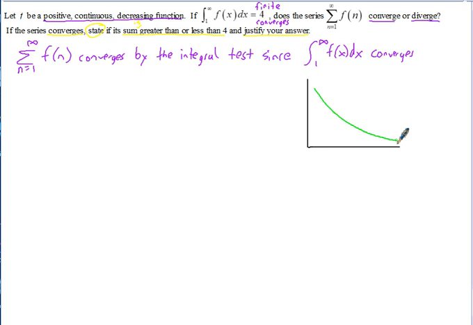And then notice the definite integral from 1 to infinity just gives you this exact area, right? And we found that exact area there is 4. Well, we want to know, would this series be greater than or less than 4? In other words, would it under or overestimate this? So the way to see that is,